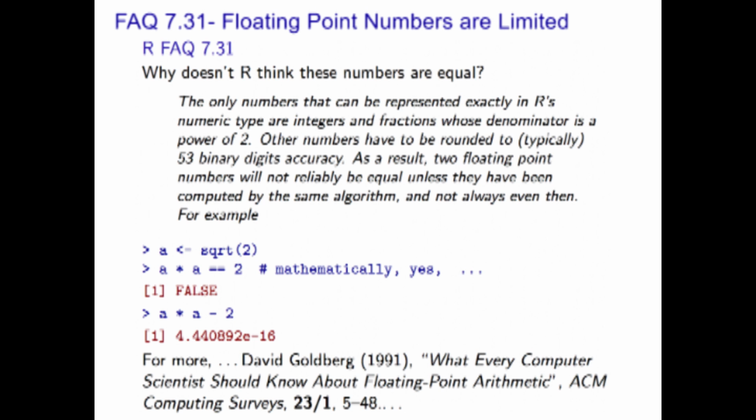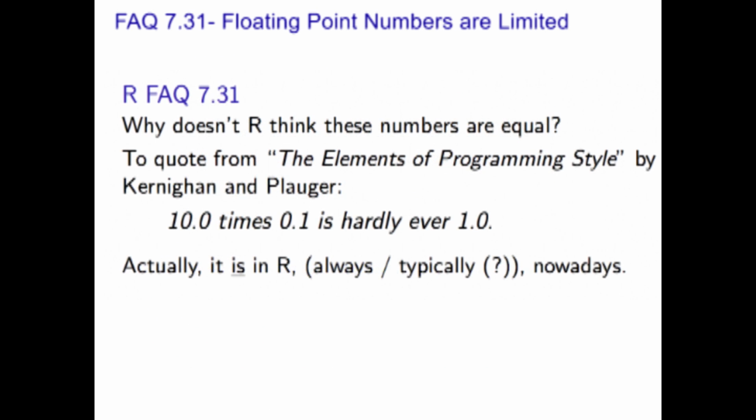By the way, in the end, the FAQ 7.31 ends with this, to quote from The Elements of Programming Style, Kernighan and Plauger, also from Bell Labs, like John Chambers, the inventor of C and S. He wrote, "10 times 0.1 is hardly ever 1.0." That used to be true, but for some reason in IEEE arithmetic in R, this is